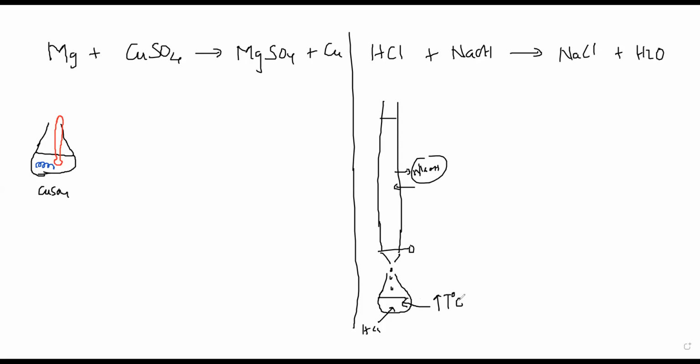Initially, suppose both were at 25 degrees centigrade before adding. But as I'm adding, the temperature has gone to 26, 30, 31. So after all the HCl is over, the solution is at a high temperature, and I'm adding low temperature, cold NaOH to that. So should those added drops not be responsible for a decrease in the temperature?